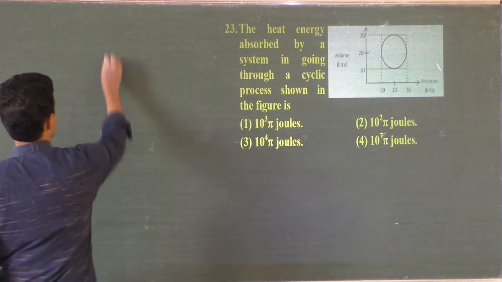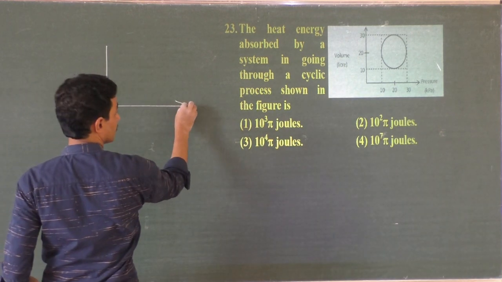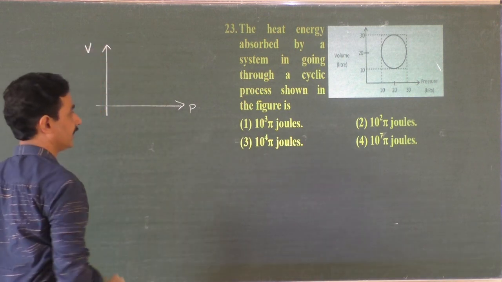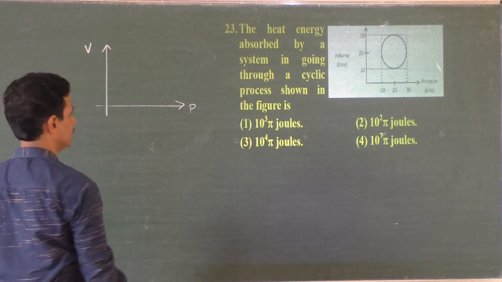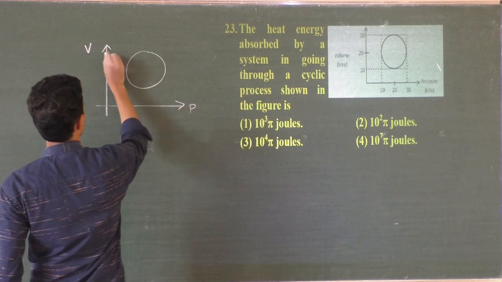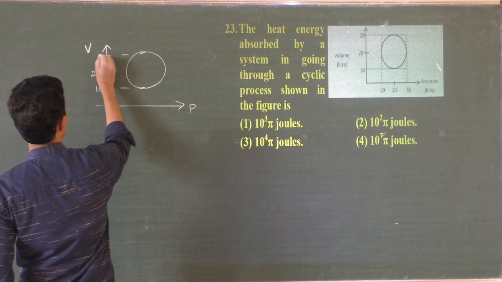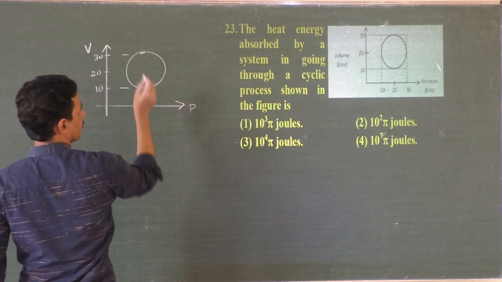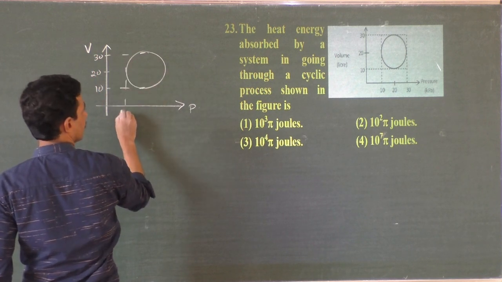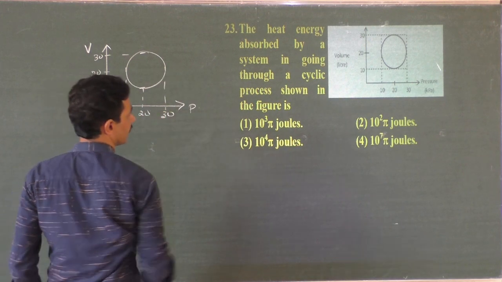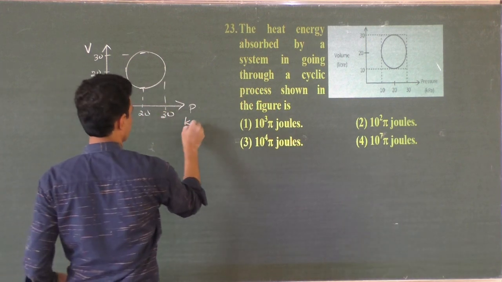And remember, it is a PV diagram, right? Pressure here versus volume. If you get the area under this diagram, of course pressure and volume might have been interchanged, no problem, the area gives the work done. So this is 10, this is 20 and this is 30, correct? Here also it is 10, 20 and 30, and this is pressure in kilopascal.